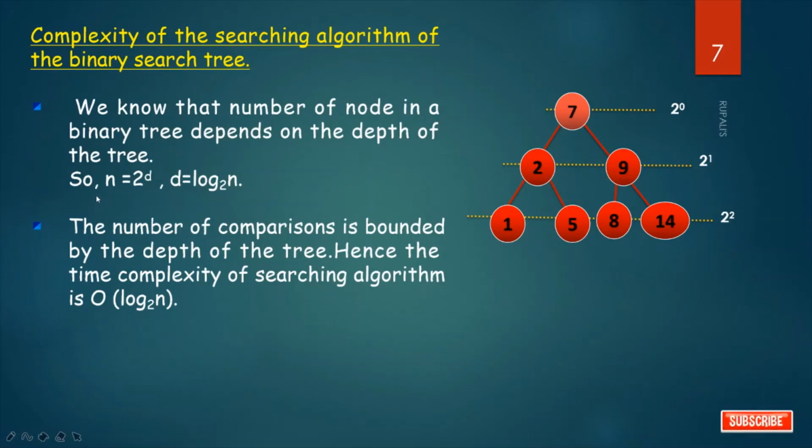So I can say that n equals 2 to the power d, where d is the level number. So d is log base 2 of n. So the number of comparisons is bounded by the depth of the tree. Hence, the time complexity of this searching algorithm is order of log base 2 of n. What is order? We will learn this order or big O notation in another chapter later in this series.